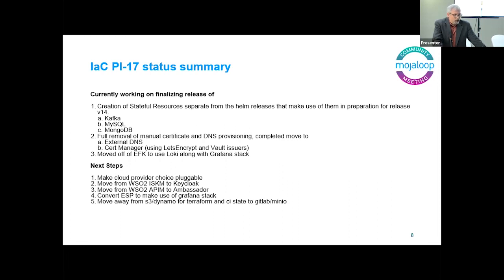The second item is we have fully removed any manual certificate and DNS provisioning from the Terraform code. And now this is all making use of external DNS and Cert Manager. Cert Manager leverages both Let's Encrypt and Vault issuers. And we have moved off of EFK to use Loki for log searches, and the reasoning behind that is just the overall complexity of managing EFK, which is not warranted in